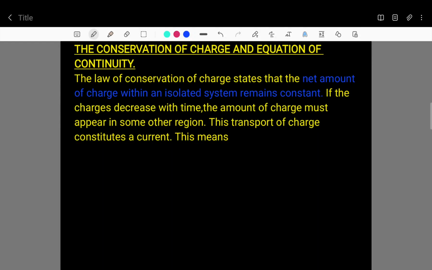The conservation of charge and equation of continuity. The law of conservation of charge states that the net amount of charge within an isolated system remains constant. If the charges decrease with time, the amount of charge must appear in some other region. This transport of charge constitutes a current. This means